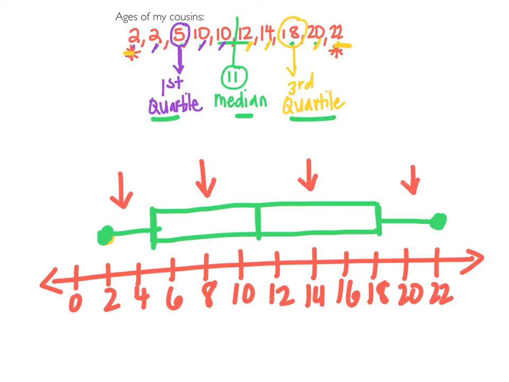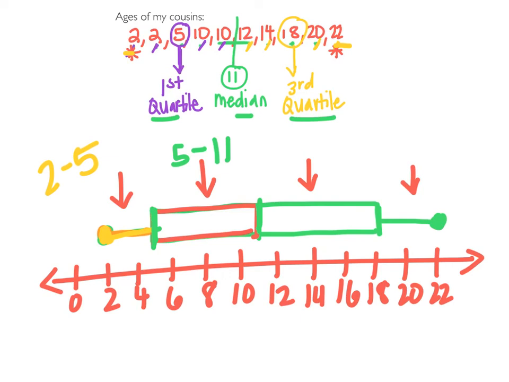Now, some of the sections are longer than others, and I wonder why. So if I take a look at this section, how come this part of my box plot is so small, and then if I look at this part right here, it's a little bit longer? Well, the reason for that is because there's a bigger range. If I look from here, it goes from 2 up to 5. Well, 2 to 5, that's not a very big range. But if I look from here, 5 up to 11, from 5 to 11, that's a little bit bigger range